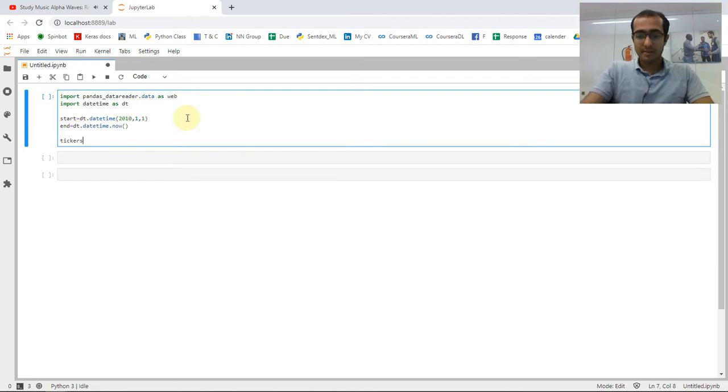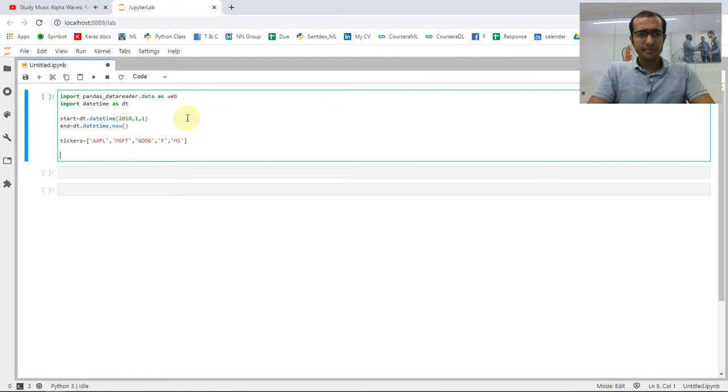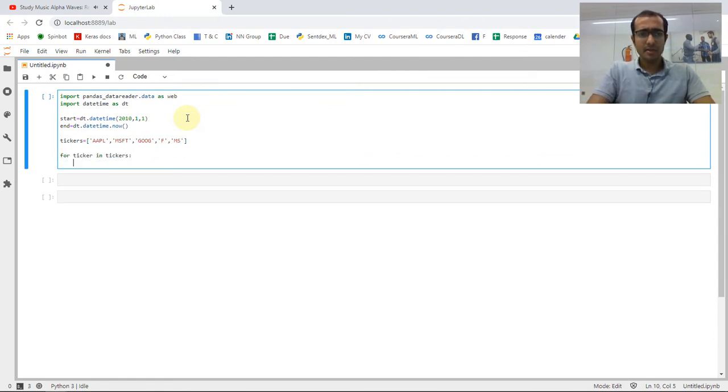Then tickers are, for example, Apple. We can take Microsoft. Let's take Google. These are the tech stocks. Let's take some different stocks. Automobile, Ford. One more stock, banking, Morgan Stanley. Okay, so for ticker in tickers,